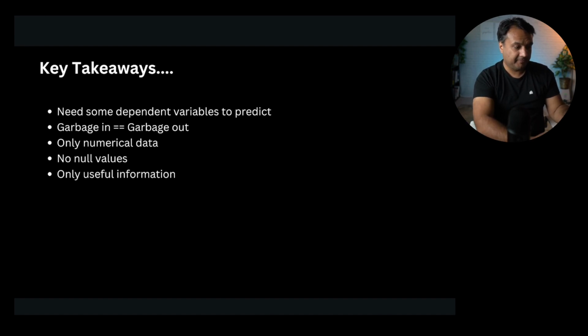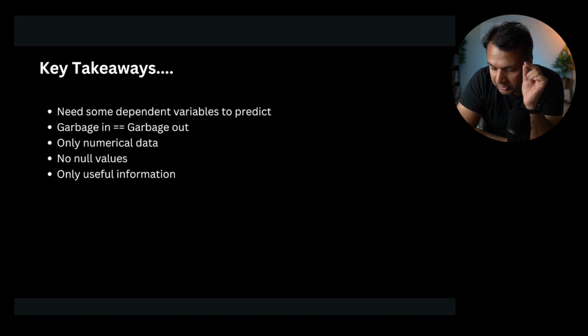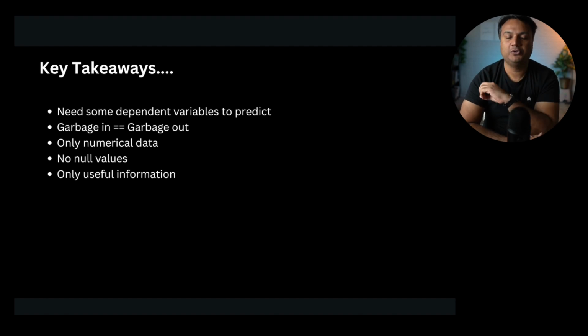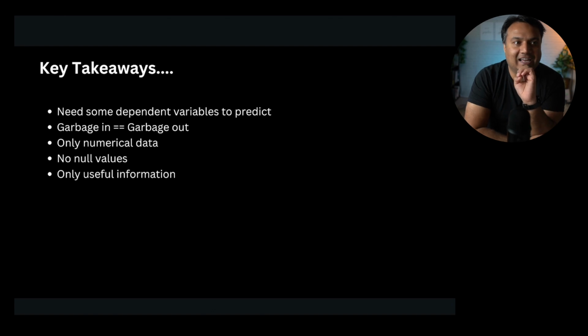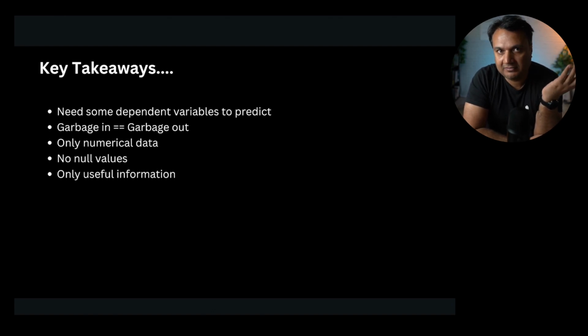Just a second. And you need to have some of those dependent variables. The other information is that you need to have good data, because if you have just some garbage data, it's garbage in, garbage out. If you have absolutely random, useless data, it definitely will not have any good prediction power. Then one thing you might have noticed is that linear regression only takes numerical inputs. It only operates on numbers.